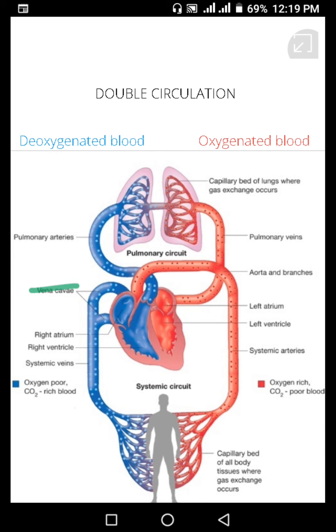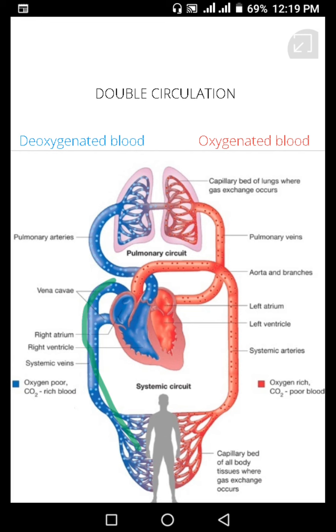And then from there it flows into the right atrium, thereafter into the right ventricle. From there it will move up through the pulmonary artery and go to the lungs. So that is how deoxygenated blood moves from all parts of the body into the heart through the vena cava,